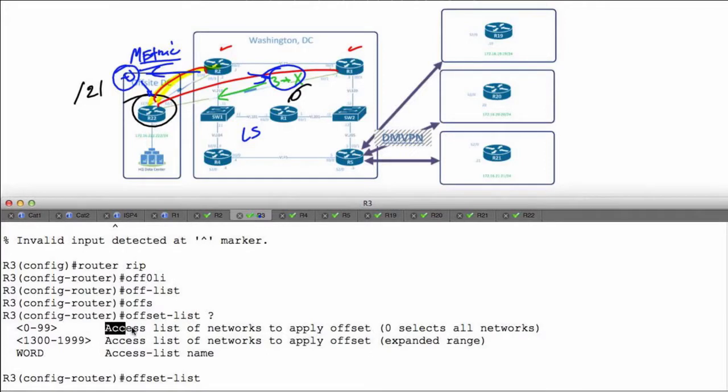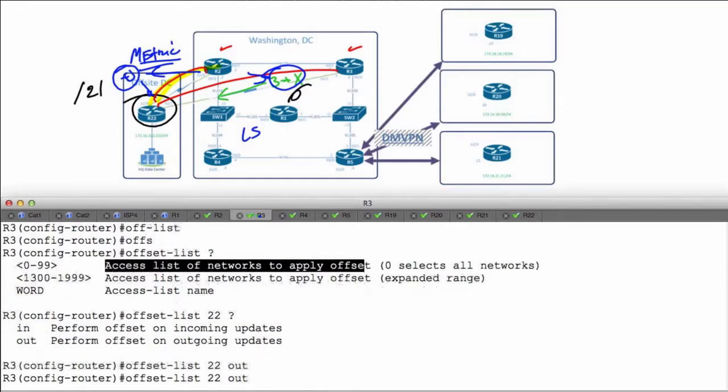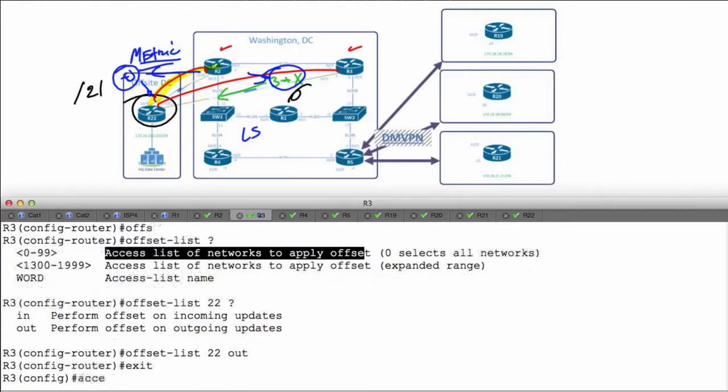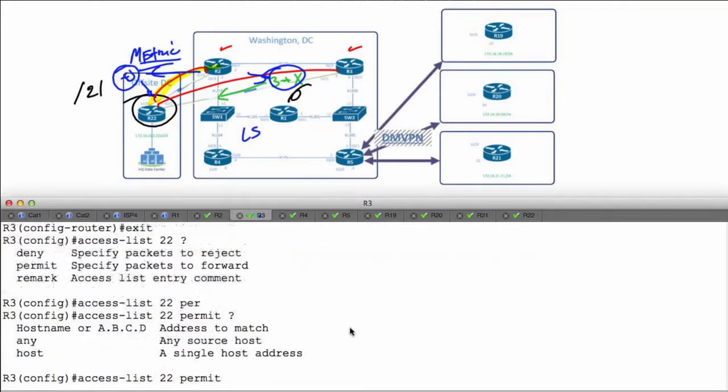Well, notice it says access list of networks to apply the offset to. All right, well, this is interesting because what I'm going to do is say 22 and say out. Well, actually, we've already got that config in, so let's go ahead and create access list 22. So access list 22, permit, and let's play around with this. Let's say I want to do this for